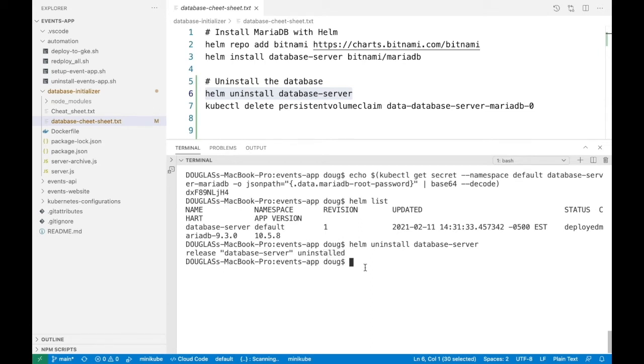Now, one little debug tip, whenever you install a database using Helm, a database has what's called a persistent volume claim. The persistent volume claim is what reserves disk space within the cluster for the database that you're going to use. So I've installed my database with Helm, and that persistent volume claim was created. However, when I uninstalled it, the persistent volume claim was not removed, right? So that's